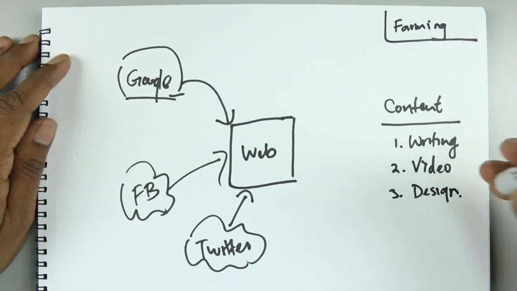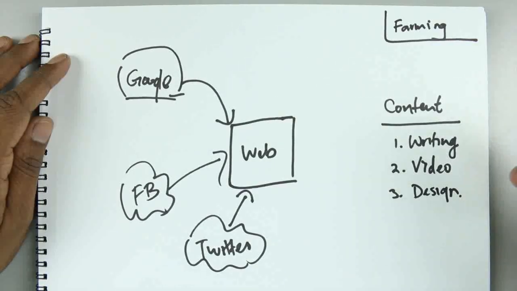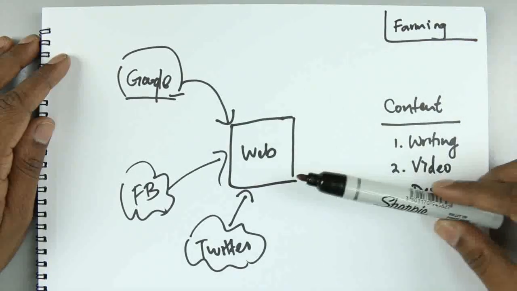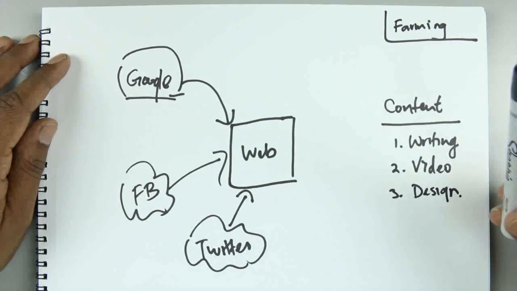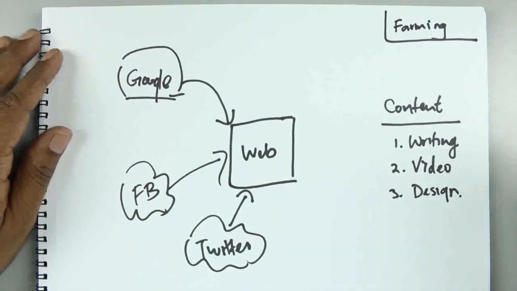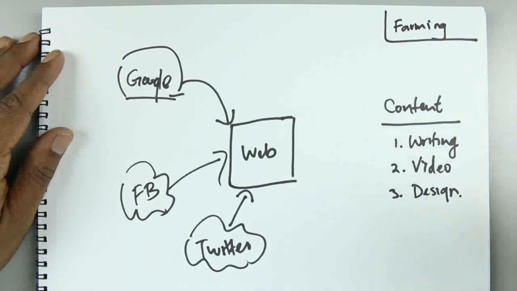If you did not select a niche properly, if your niche is too small, too narrow, then the farming method is very difficult to make work. It's not that it cannot work, it can work, but you will eventually hit a ceiling on the number of visitors that you get to your website because the niche is so small. And if you can make enough money with the amount of visitors, that's good, but once you hit that ceiling, there's no point pushing forward.